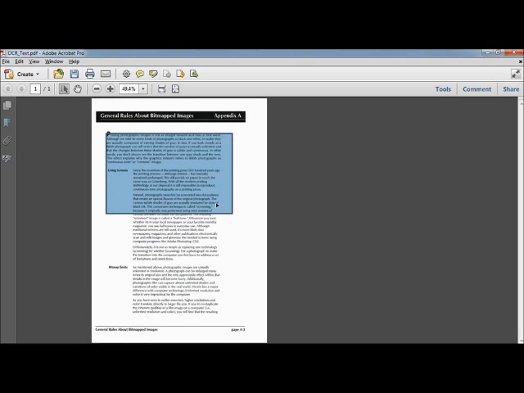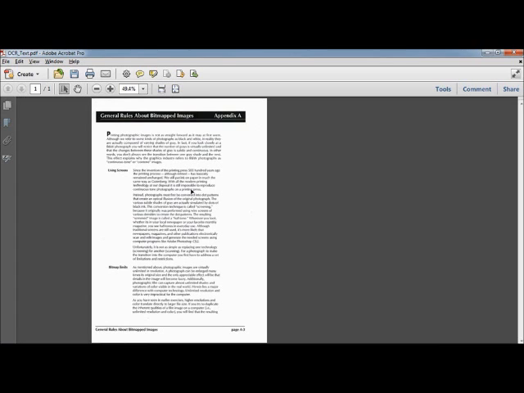That's because in this file, it's still only an image. Before you'll be able to search or select the text, you'll have to perform OCR, or Optical Character Recognition, on it. OCR is a software application built into Acrobat that can convert scanned documents into fully searchable and accessible text. When it's done, you should be able to find keywords and phrases, and even copy and paste the text into